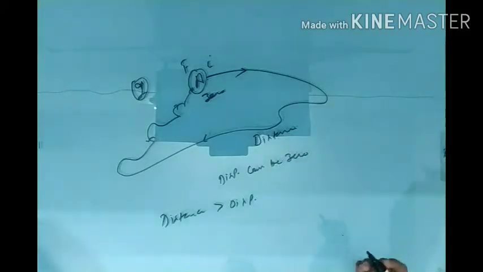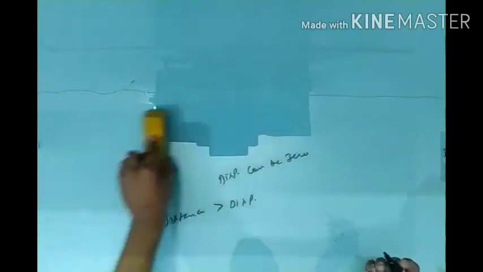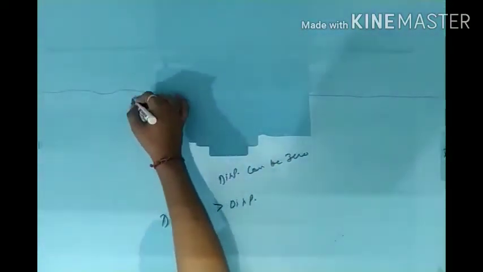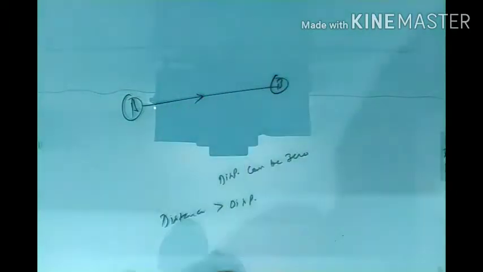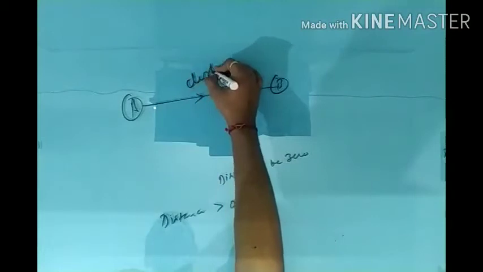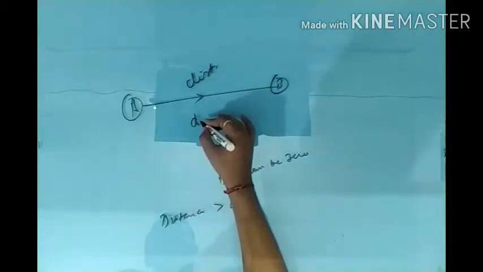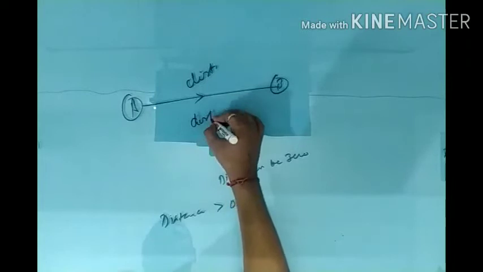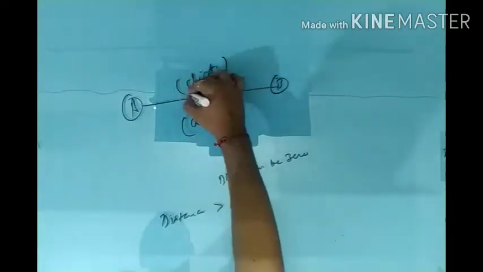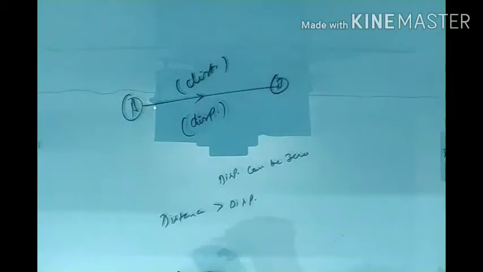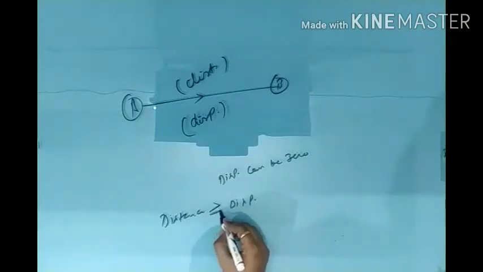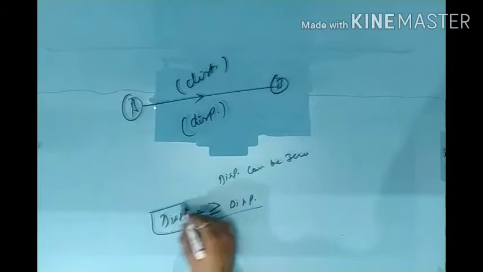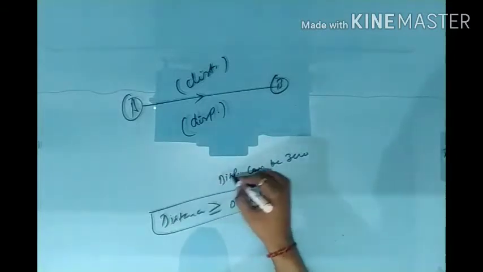Now what the third point is, suppose the same person has to travel from A to B in a straight line. Now the actual path and the shortest distance, that is distance and displacement, are both equal. So with this we can conclude that displacement is less than or equal to distance. Okay, and we can say that displacement can be 0